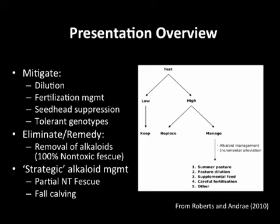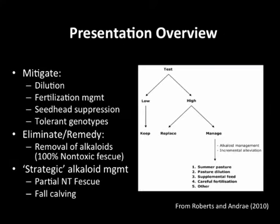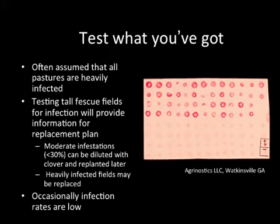What happens if you take 25% of your acres and put them in Max Q or Bar Optima or one of these new varieties? How much impact can you make with a quarter of your farm in that, which is easily done in 1 or 2 years in a renovation scheme? And some fall calving data, which is also really good. And then I've added some slides on how to keep toxic fescue out, and some myths and facts about that. So again, we'll go through this flow chart, and we've hit on test what you've got